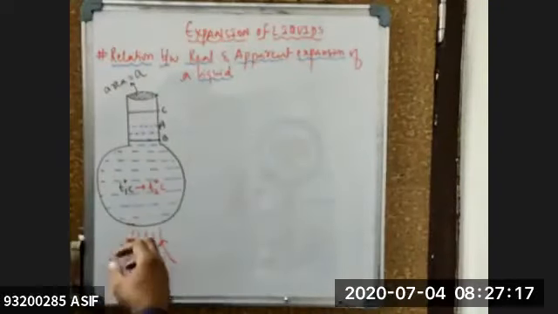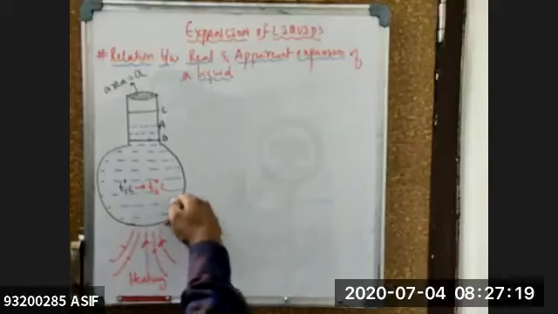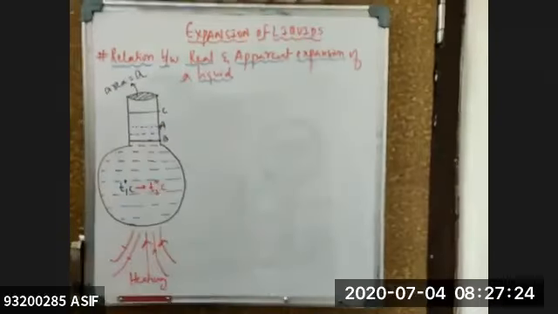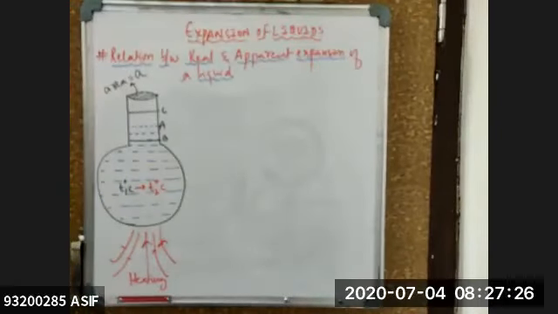Then after a certain interval of time, the heat will transfer from the container to the liquid. The liquid gets heated up, then it will increase its volume from B to C. So before heating it is at A, during heating it will come down, and again from there, B to C, it will try to rise up. Is it clear right now?